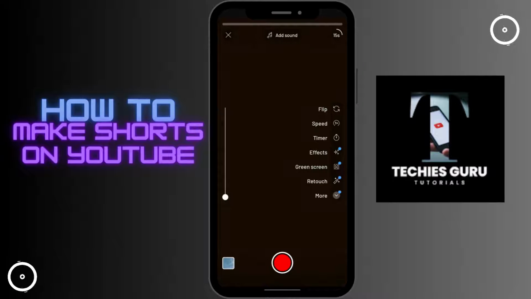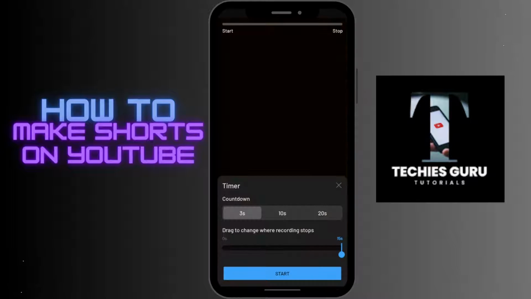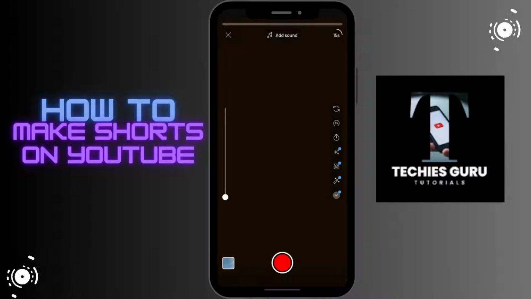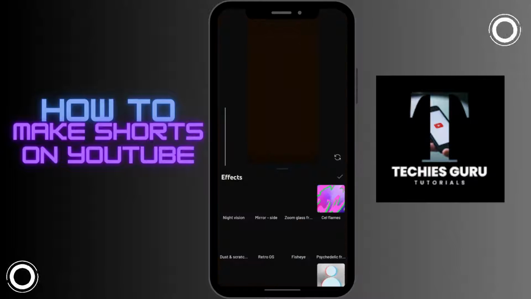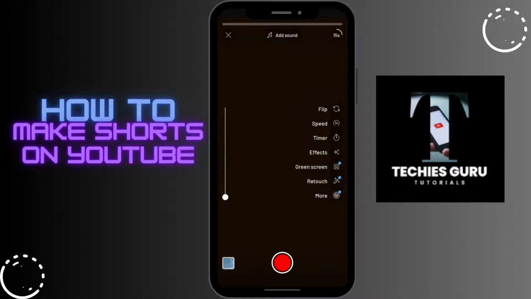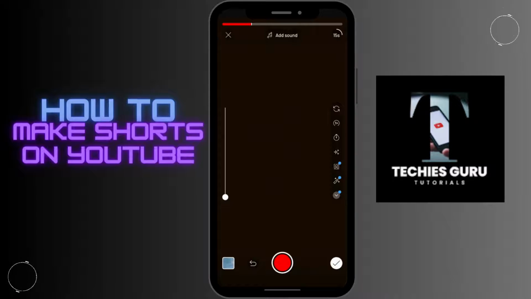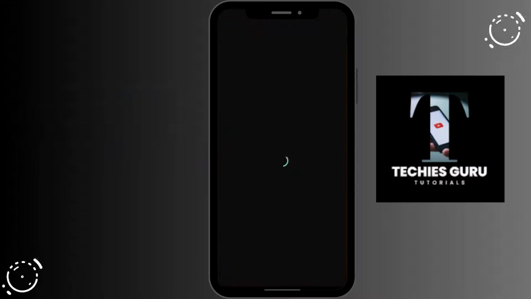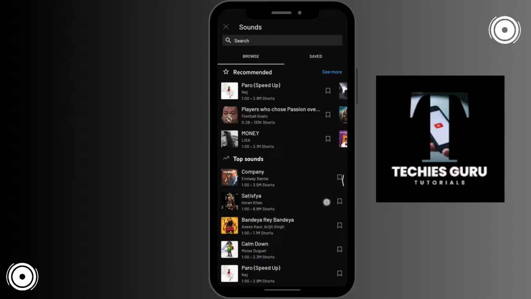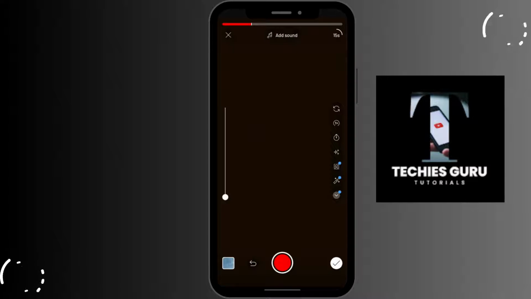and here you will have a bunch of options. You can either flip or you can adjust the speed, and after that you can set a timer while preparing your video, and then you will have effects, and you can also use green screen or retouch, and you will also have a more option. So after making your video, on the upper corner you will have add sound, and you can also add your sounds from here. And after adding all of that, you can tap on the tick icon, which is on the bottom right corner,